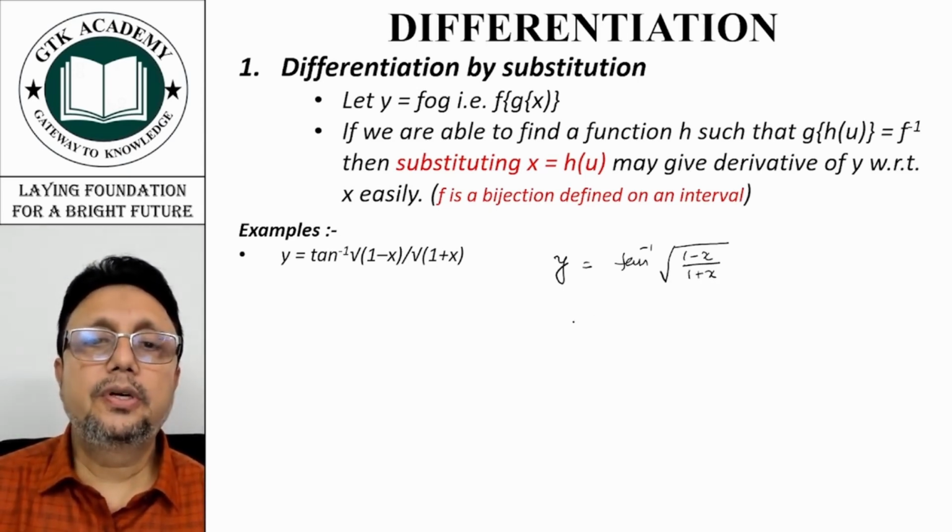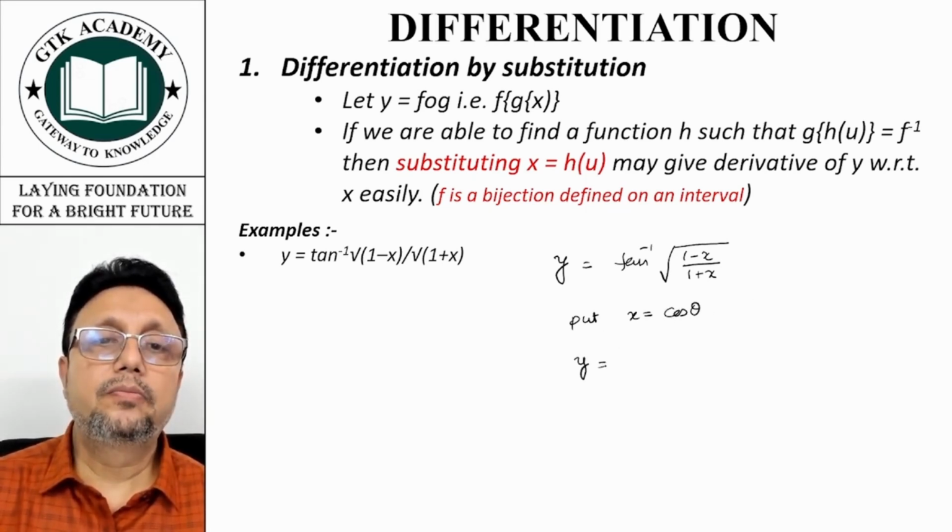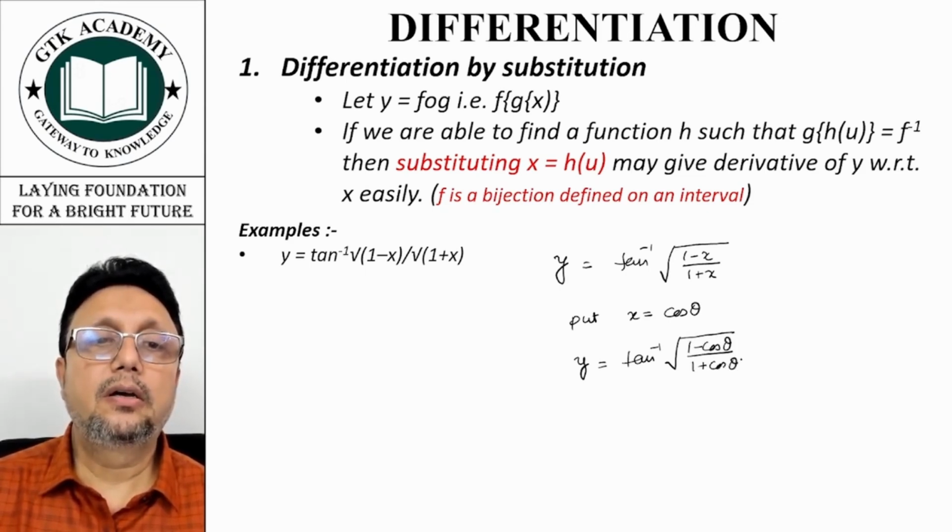Now if we put x is equal to cos theta, then y will become tan inverse under root 1 minus cos theta upon 1 plus cos theta, which is equal to tan inverse under root,